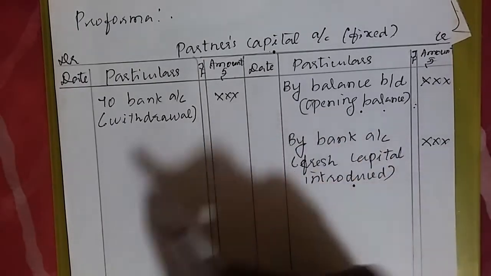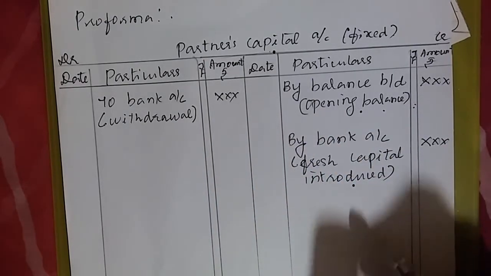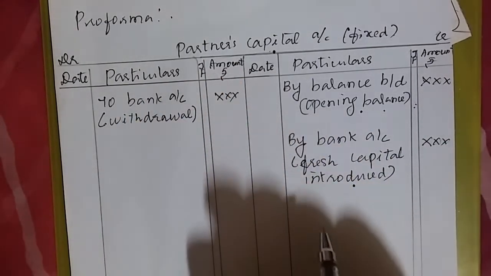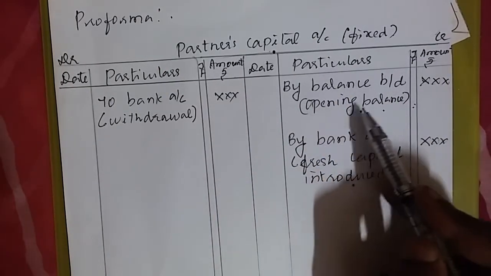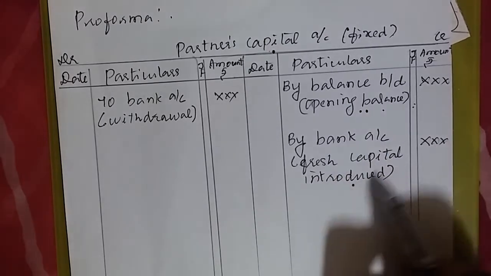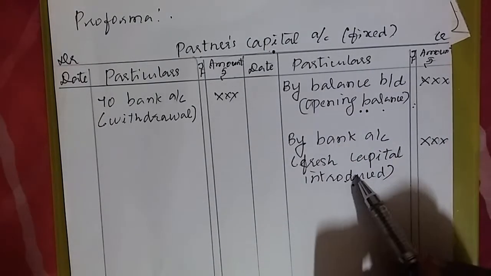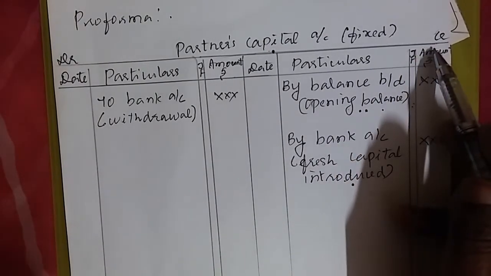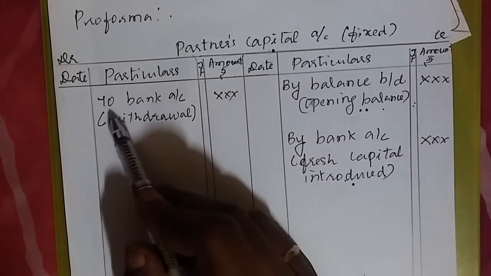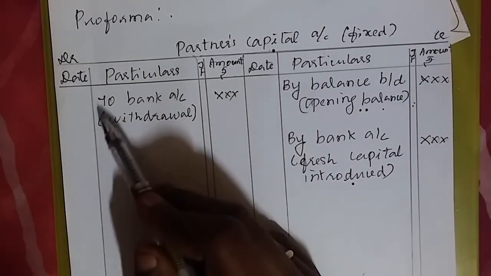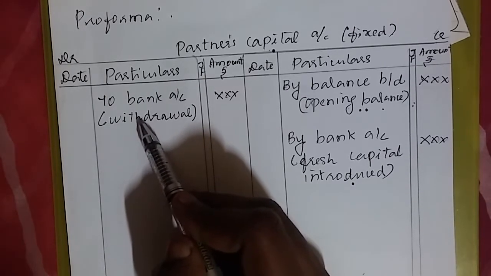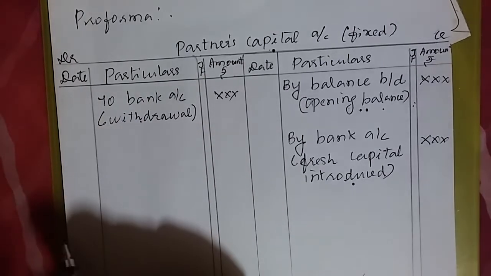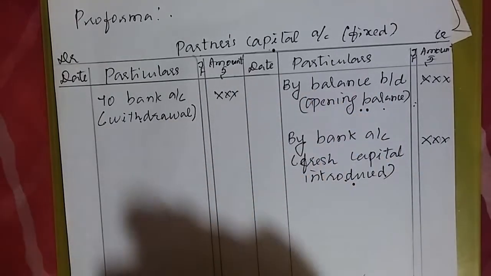All the entries we have done here in partners capital account. What did I write? Opening balance of capital, then additional capital, both are credit values. We do enter it on credit side. Next I did enter what? Drawings. Drawing is a debit value. We should write this drawings on debit side. So all these I have entered.